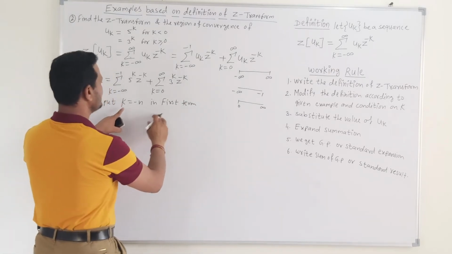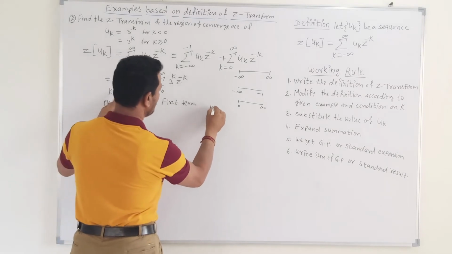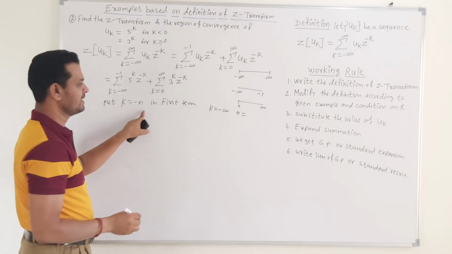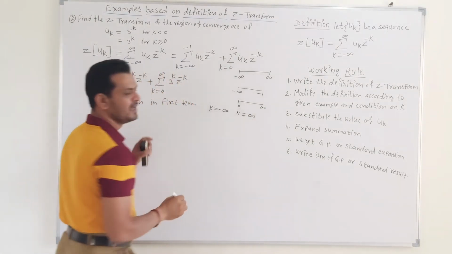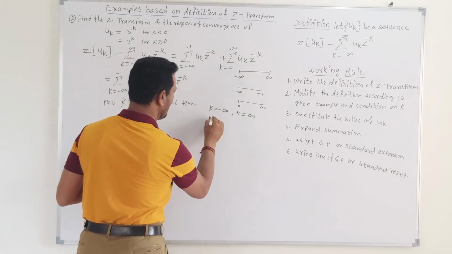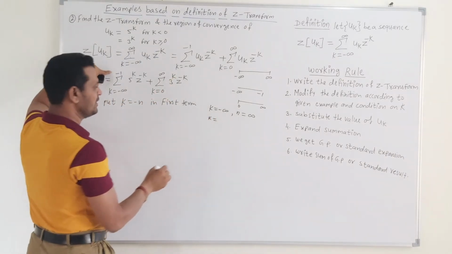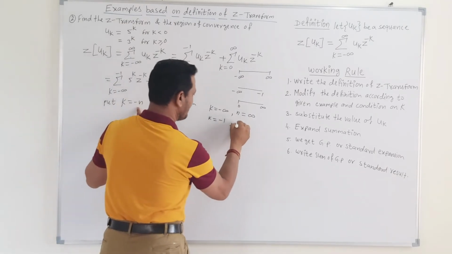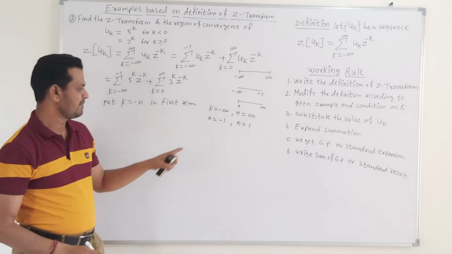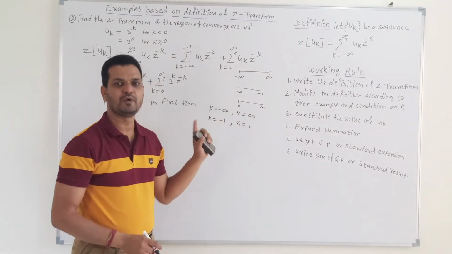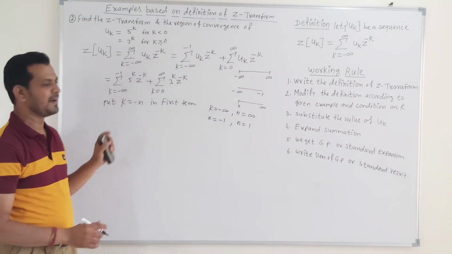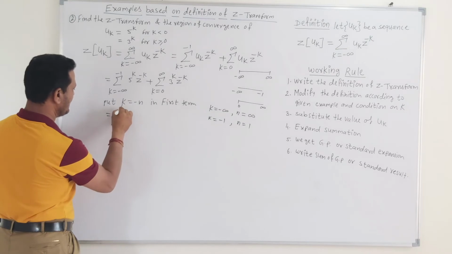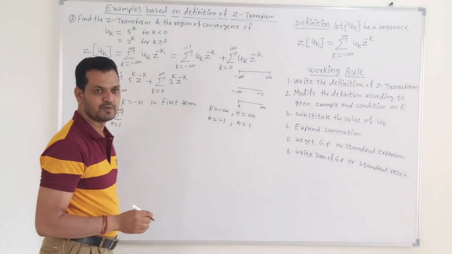If we put k is equal to minus n, so here the lower limit: if we put k is equal to minus infinity, then n is equal to minus infinity minus n, that means we get the value of n is equal to infinity. Then again, if we put k is equal to minus 1, then this is minus 1 minus n, so we get the value of n is equal to 1. That means the summation goes from n is equal to 1 to infinity after putting k is equal to minus n, so this summation sign becomes summation n is equal to 1 to infinity. So this starts from 1 to infinity.